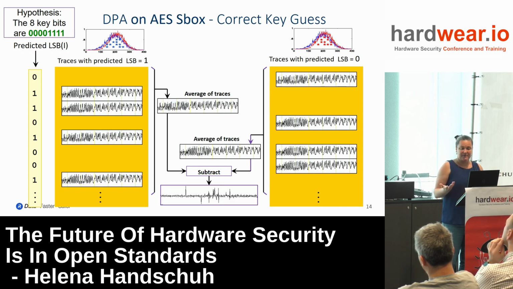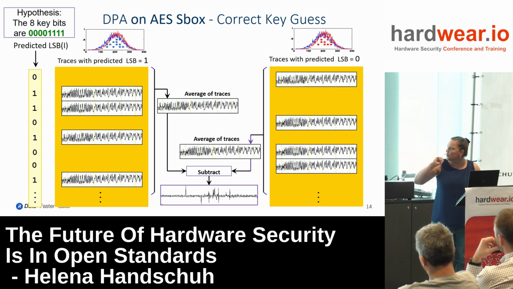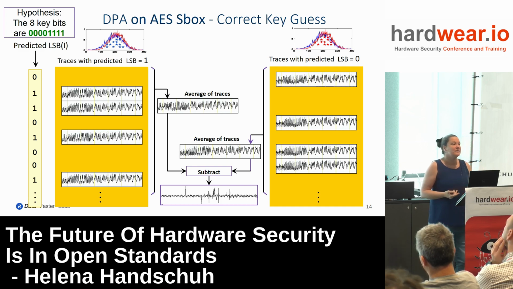In the case of a correct key, this kind of power trace results. You have a bunch of noise, and then suddenly you have some peaks in there. This means that in this particular place my guess was correct, and so I have a chance that the key byte I've been guessing was correct too.